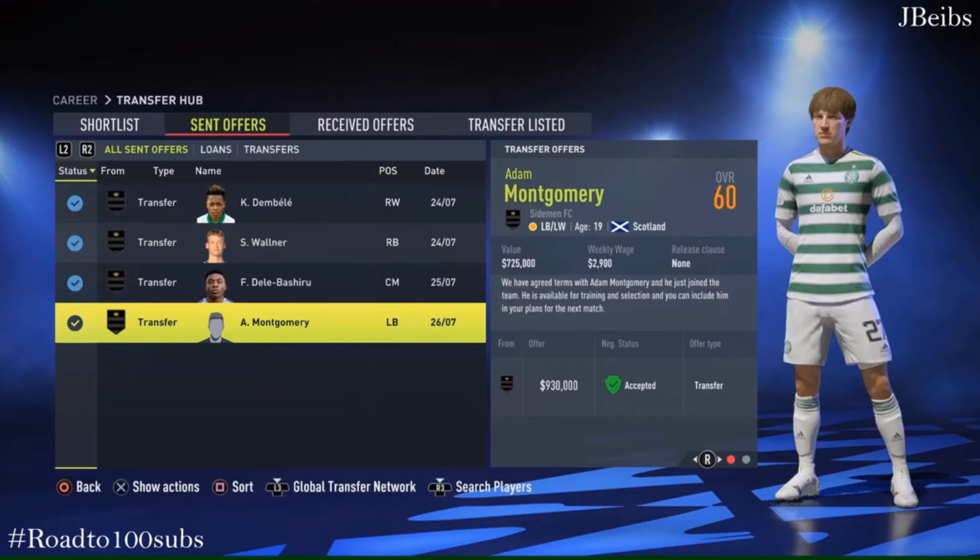Brought him in as well. I might even pair him up with Karamoko. But $930,000, 60 overall. He can play left back, left wing. Obviously he's very good going forward. And again, I'm starting off with a 4-back, but there will be seasons where I change to a 3-back or a 5-back, or maybe I want to switch him to left mid because he is very good going forward,